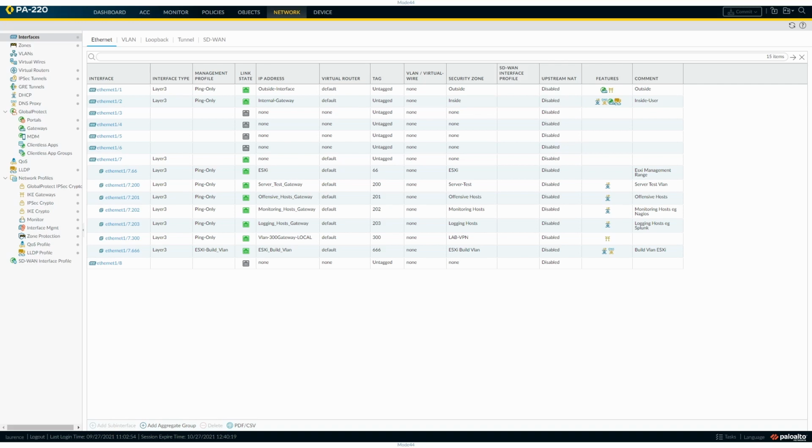Okay, so now as we go further and further into the PCNSE, we're on section 3, which is all about interfaces. Interfaces, how you configure them, what you configure them for, the different types, and of course you can see here